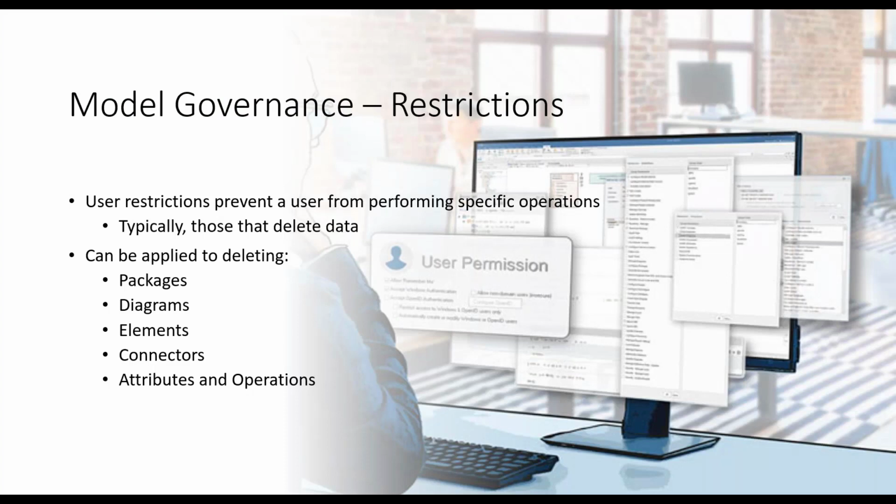Restrictions. With Enterprise Architect, a lot of the security works around permissions. So, do you have permission to do XMI import export? Do you have permission to create diagrams, etc.? But what we found, there was a growing need for restrictions inside Enterprise Architect from a permission-based area. So the restrictions that we've implemented in EA are typically around operations that will remove data, so deleting packages, doing XMI imports over the top of other things, deleting diagrams, deleting elements, deleting connectors, deleting attributes, operations, etc.